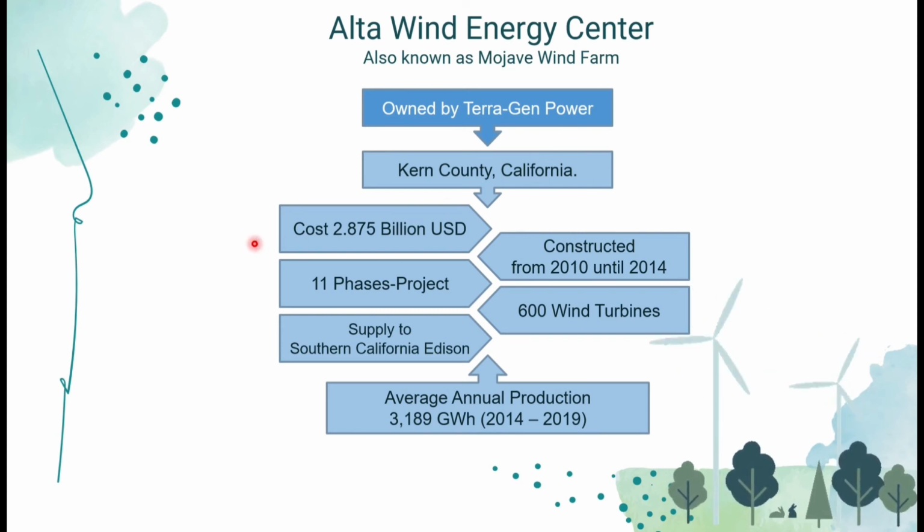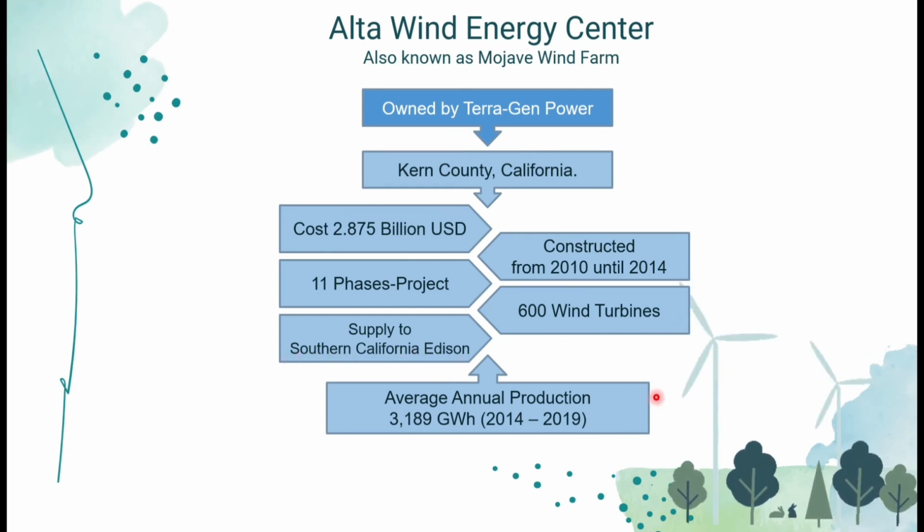This project cost about $2.875 billion and took around 4 years to be fully constructed, from 2010 until 2014. In this project, there are 11 phases. The first phase was finished in January 2011 and the last phase, which is phase 11, was finished in January 2014. In this project, there are 600 wind turbines, and the power generated is supplied to Southern California